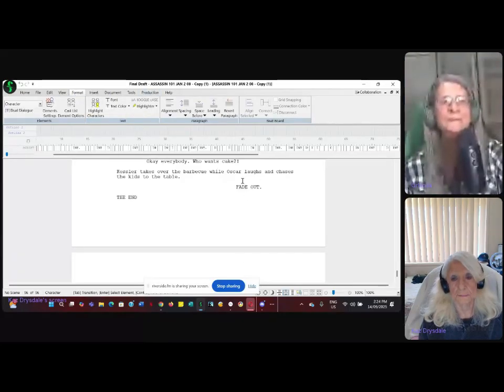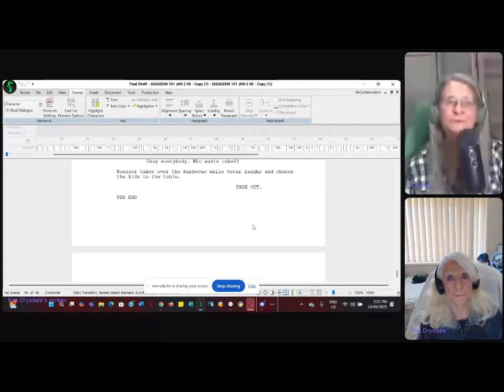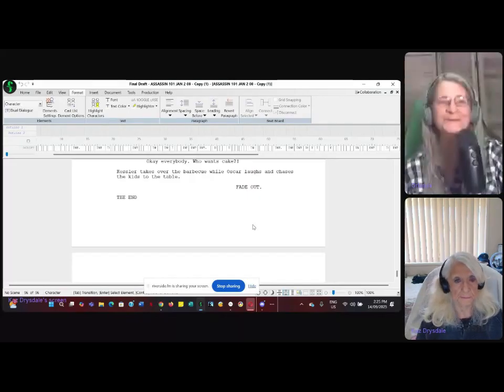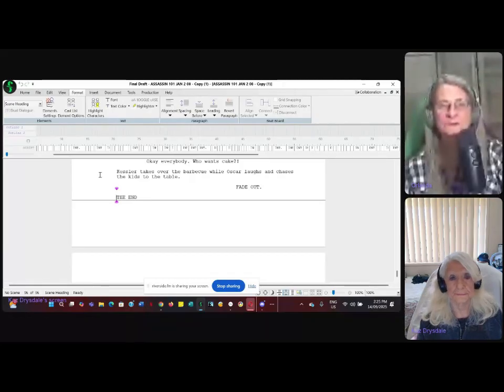And then if you choose to, or if you have room on the page, as you can see here, there's barely room on the page, you can do 2 lines and then type in the end. And this can stay left justified as it is now, or it could be moved to the center. Either or.